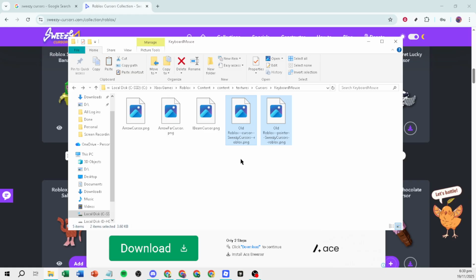By following these steps, you've successfully changed your Roblox Shift Lock cursor to one that better suits your personal taste. Enjoy your gaming with this little touch of